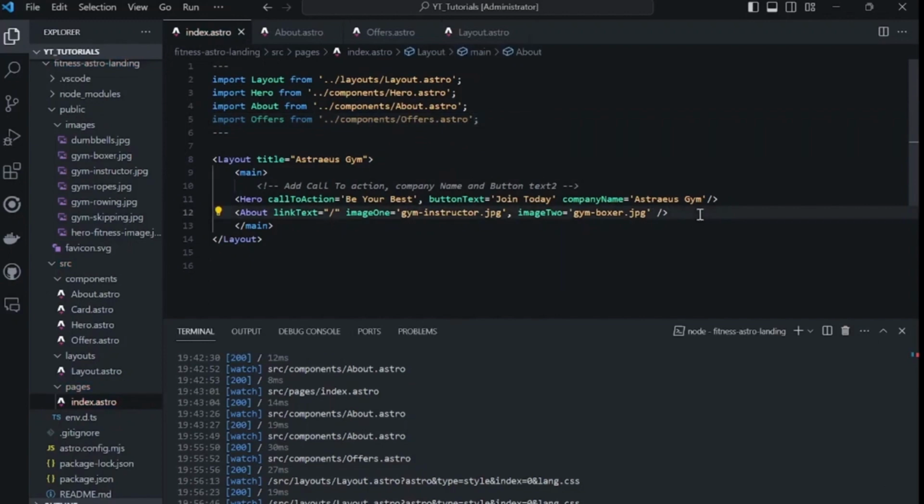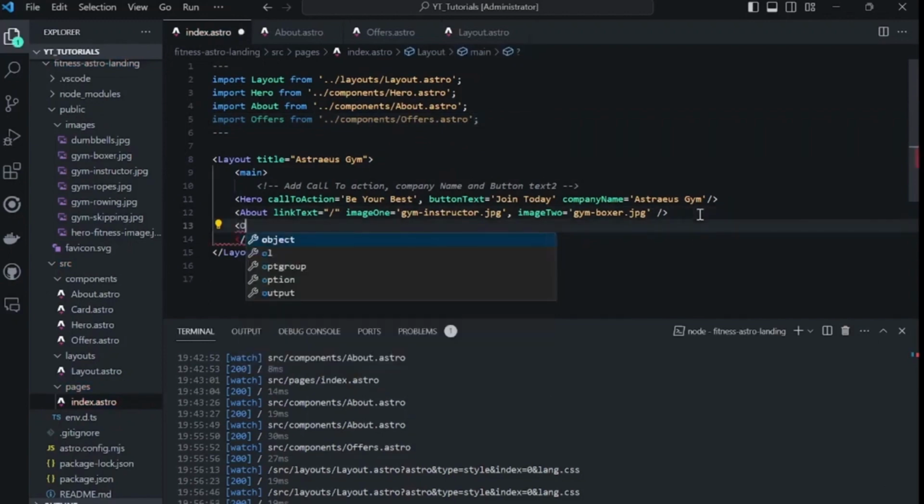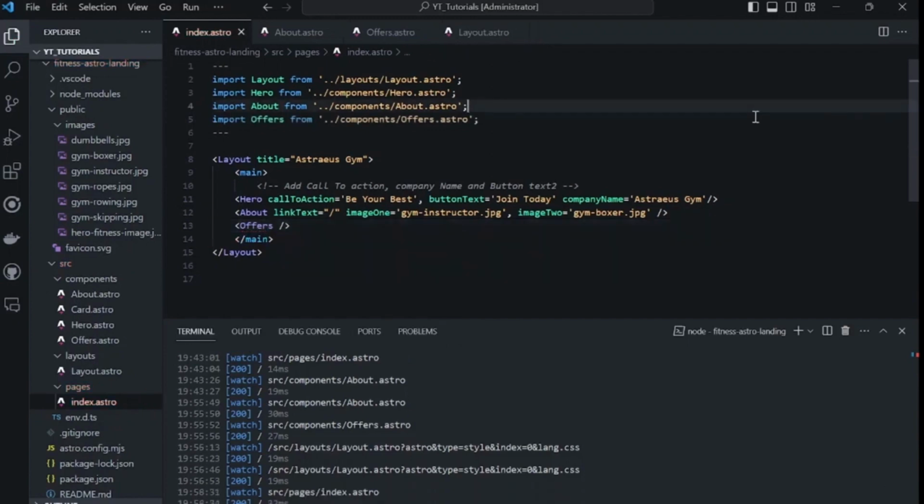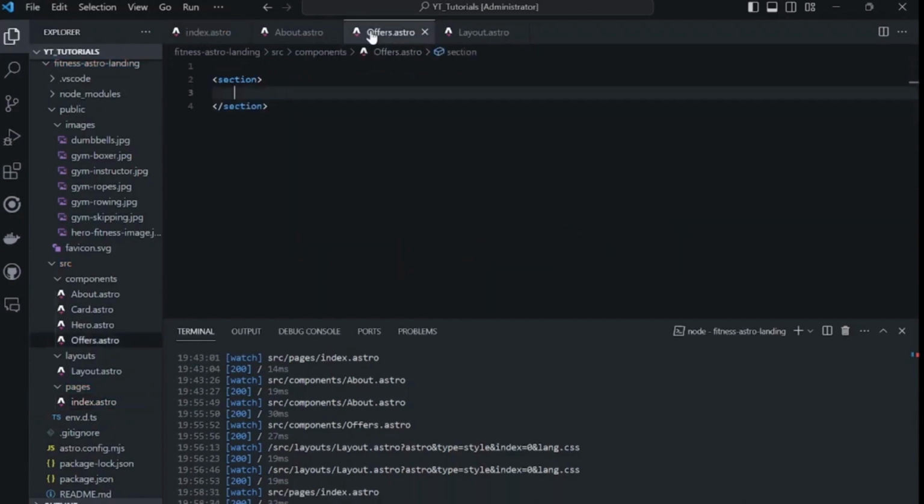And we're not going to put anything as customizable yet. We'll just make the offers first, and then we'll see what we can edit. So we'll save that, and we'll go back to the offers area,